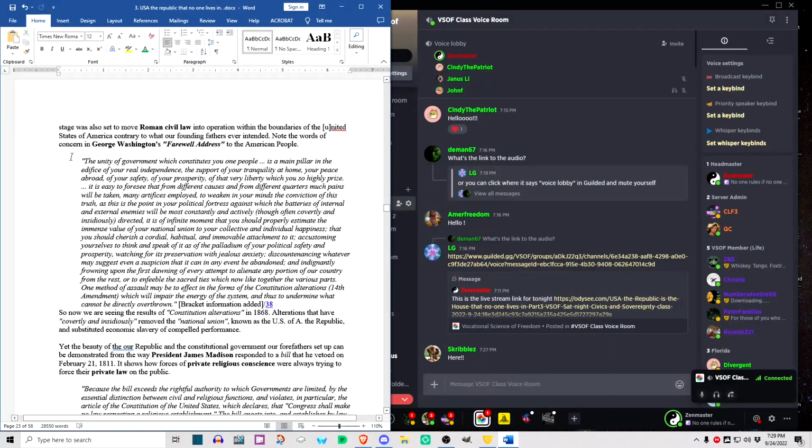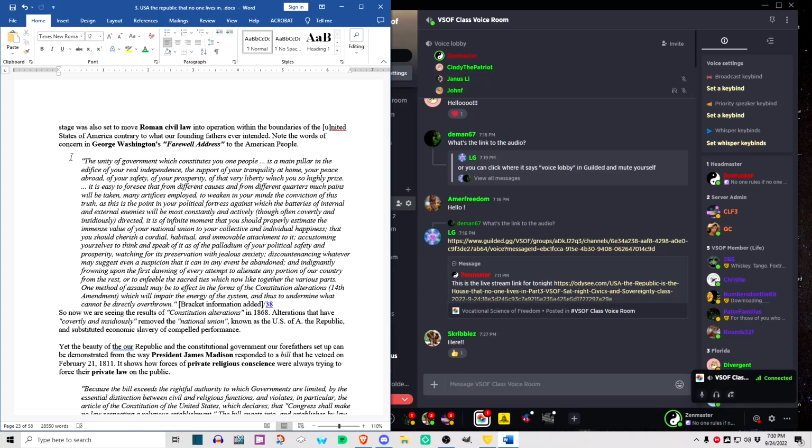Quote, "The unity of government which constitutes you one people is a main pillar in the edifice of your real independence, the support of your tranquility at home, your peace abroad, of your safety, of your prosperity, of that very liberty which you so highly prize. It is easy to foresee that from some different causes and from different quarters, much pains will be taken, many artifices employed, to weaken in your minds the conviction of this truth. As this is the point in your political fortress against which the batteries of internal and external enemies will be most constantly and actively, though often covertly and assiduously, directed,